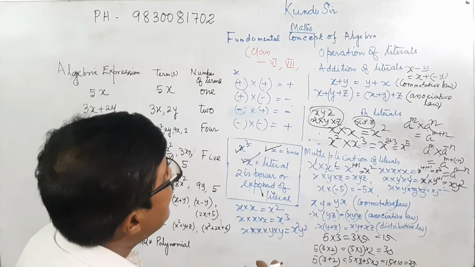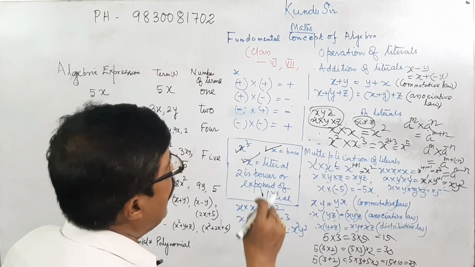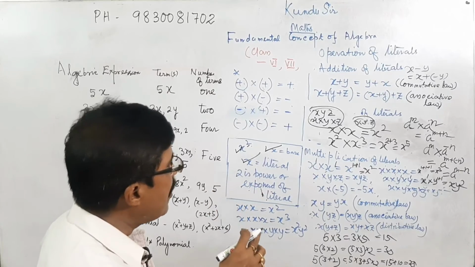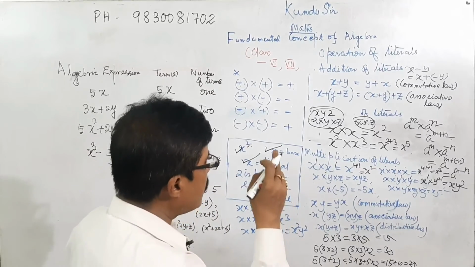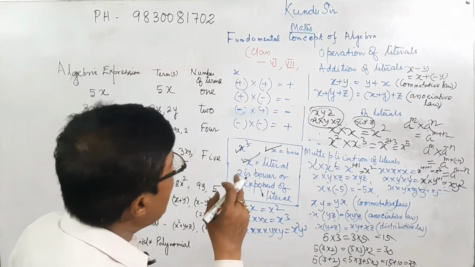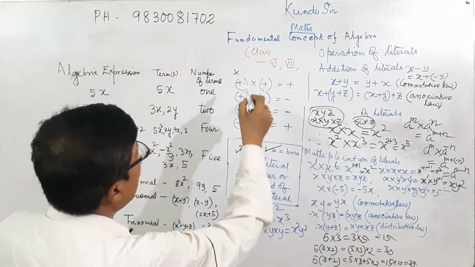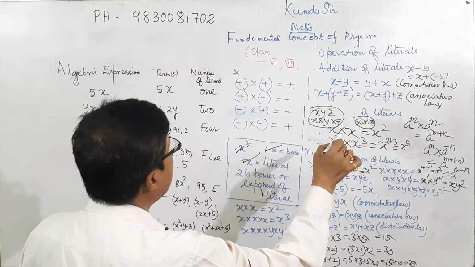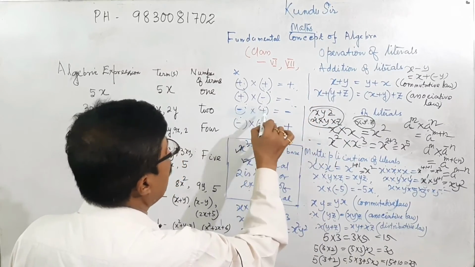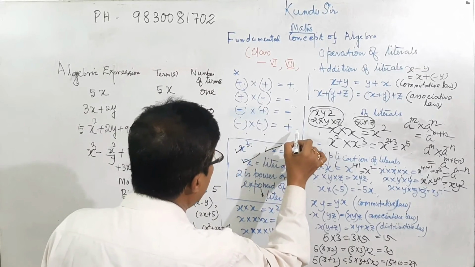That is, I have explained the commutative law for addition, the associative law for addition, a lot of explanation regarding the literals and numericals, and also the rules of multiplication. In that case, we have also explained the base and exponent. Everything I have explained here. Now, plus into plus, I am again explaining: plus into minus equal to minus, minus into plus equal to minus, minus into minus equal to plus.